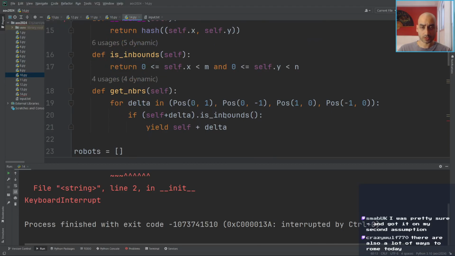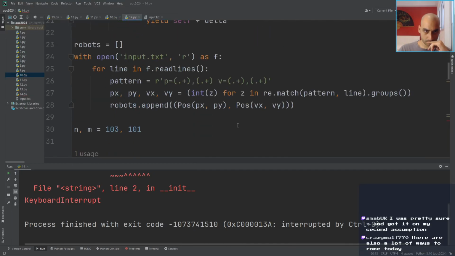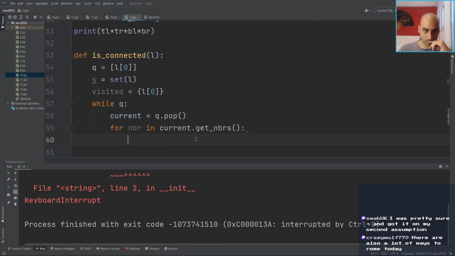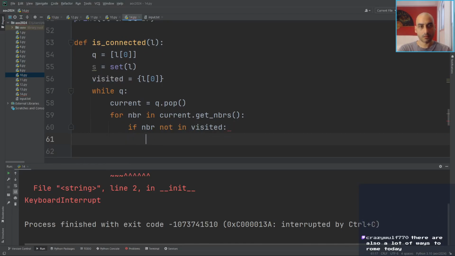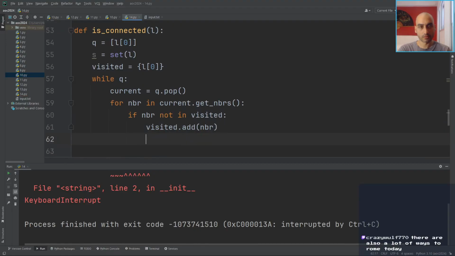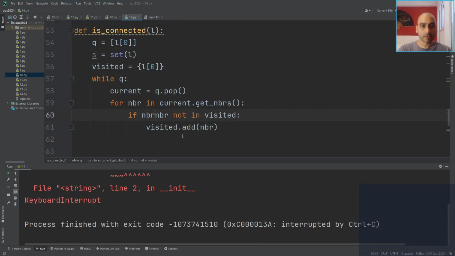So staying in bounds, because we're looking visually, so we're not rolling off the end in this case. If neighbor not in visited, visited.add(neighbor). If neighbor in S, that's the important bit, and neighbor not in visited, we visit it, pop it on the queue,